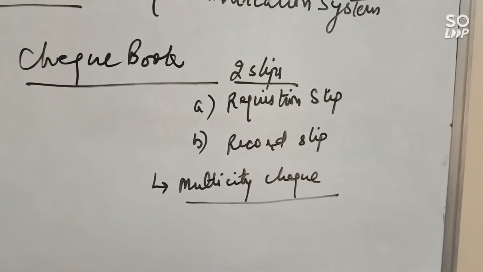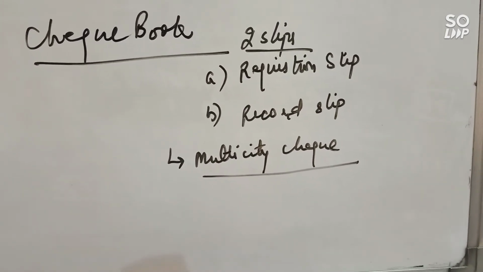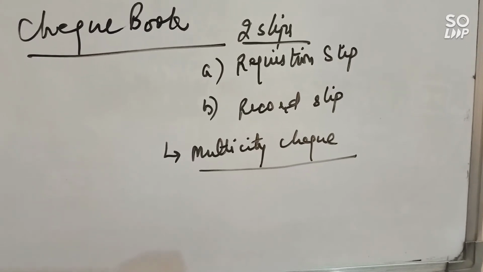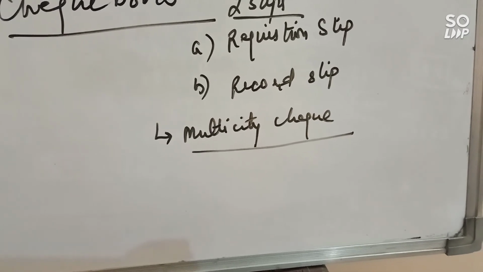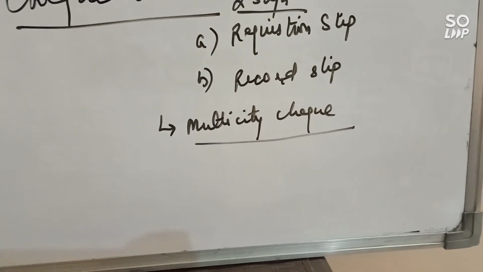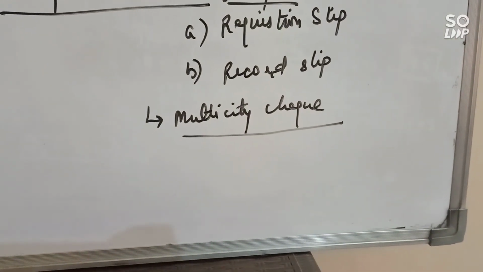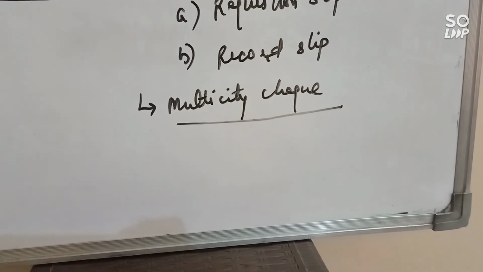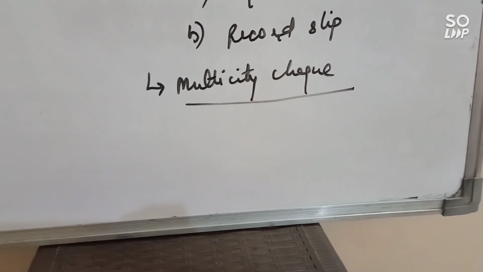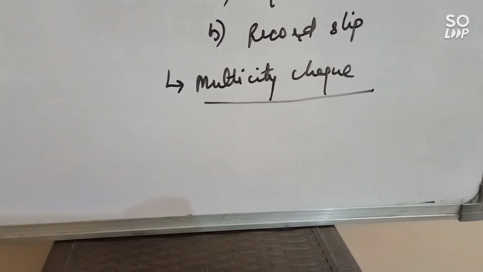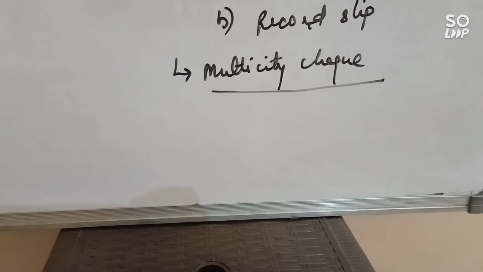This is a checkbook. Whenever we have an account in the bank, we will get a checkbook, pay-in slip book and passbook. A checkbook is a book in which we have a number of checks. It may have 10, 25 or 50 leaves in the checkbook, and it contains 2 slips also. First is a requisition slip. It is a slip with the help of which we can make a request to the bank to issue a new checkbook if our checkbook is used up. The account holder mentions the date, account number, current account, mobile number, email address, etc. to the banker. Second is the record slip.